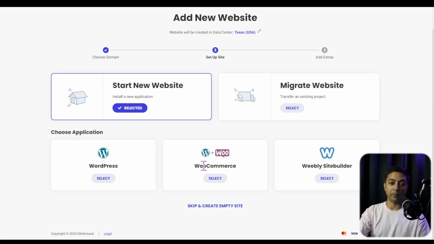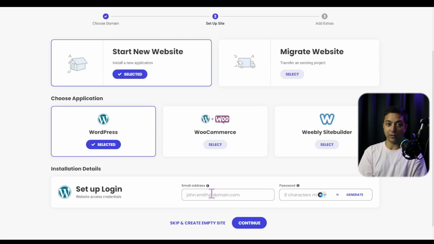We can install WordPress along with WooCommerce, that is the e-commerce plugin for WordPress, or we can also install Weebly Site Builder. But right now, let's go ahead and install WordPress from here. So we click on Select. And here we need to enter the email address that we are going to use to log in to our WordPress